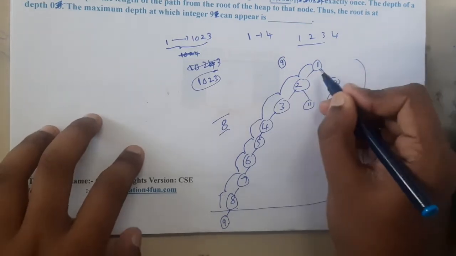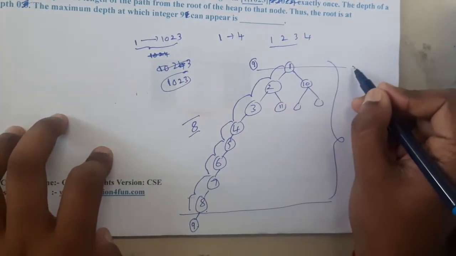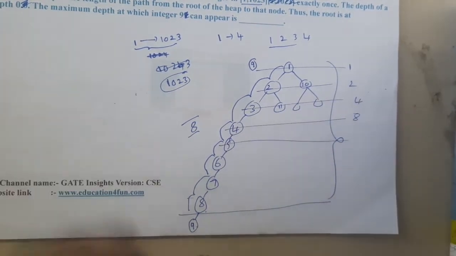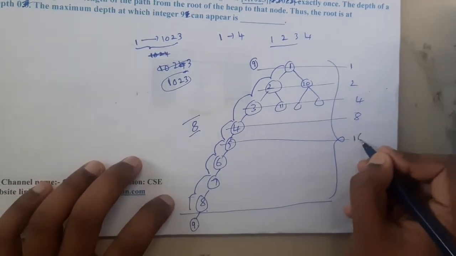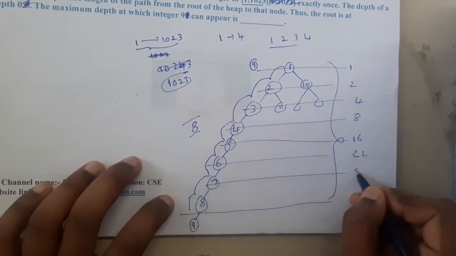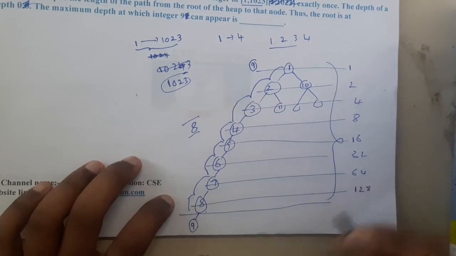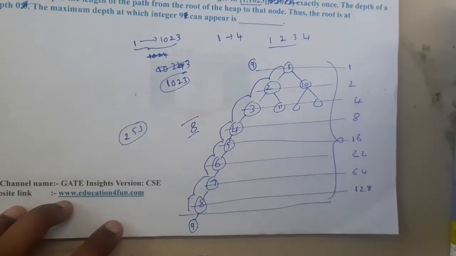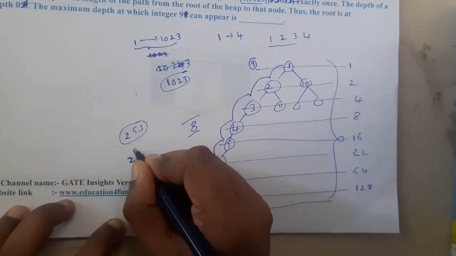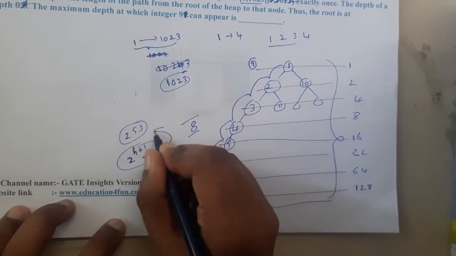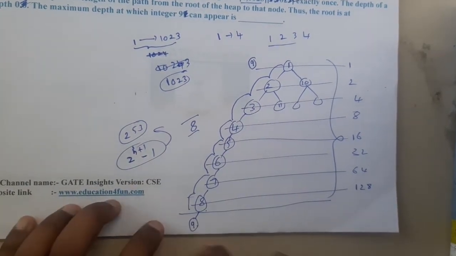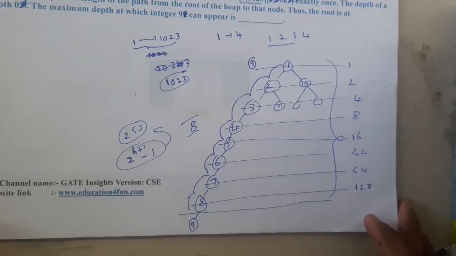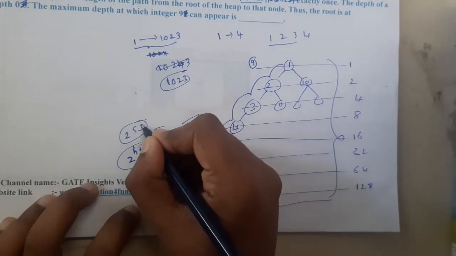In this level how many values will be there? Only a single value. In this level 2 values, then 4, 8. You can apply the formulas also, but I approach it this way: 16, 32, 64, 128. So what is the total sum? The total sum will be 255 in this situation. You can apply the formula also, it's your wish. The formula is 2 power h plus 1 minus 1. By applying that you will get 255. In this line you will have 256, and 256 minus 1 is 255, right?